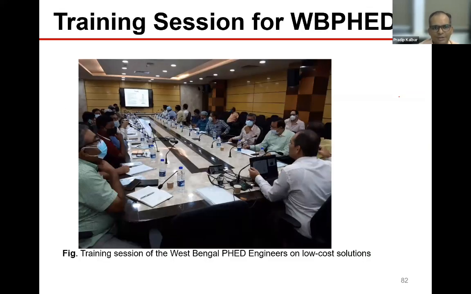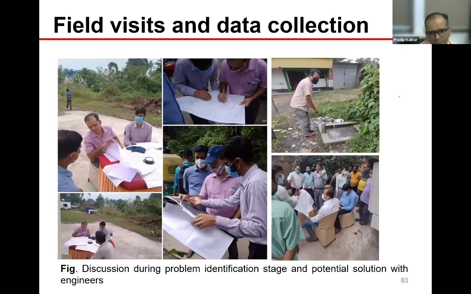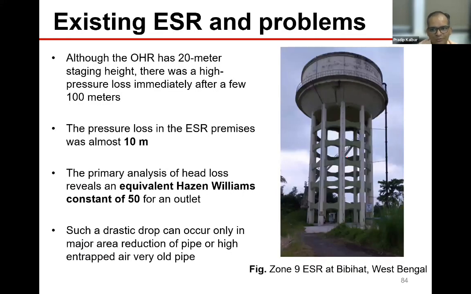First, we trained the entire PHED team with this concept of shaft and manifold. I went with the idea of shaft, but then I found that the manifold is more suitable there. As I told, it was partly hydraulic modeling, partly field work. You can see the chief engineer, Animesh Bhattacharya sir, and the entire team. We worked together on the ground and monitored the entire system to study what is happening. First of all, even if there is a head, why are we not getting the water? What we observed is that because of the initial design, as per the 3 peak factor, only one outlet was kept. The head loss in this particular premises, the ESR premises itself, was 10 meters.